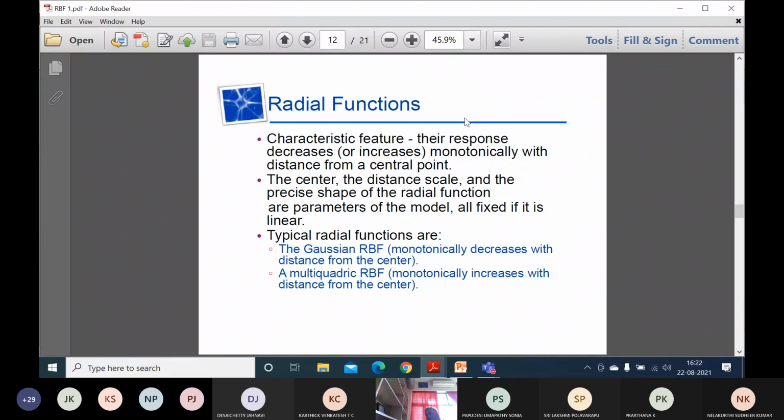So the typical radial basis functions to be used in the hidden neurons or hidden nodes are, one, the Gaussian RBF, and the next one, the multi-quadric radial basis function. So either Gaussian or multi-quadric RBF: the Gaussian function monotonically decreases with the distance from the center, but the multi-quadric function monotonically increases with the distance from the center. Monotonically decreasing means it has a negative slope. Monotonically increasing means it goes in a positive slope, if we draw a